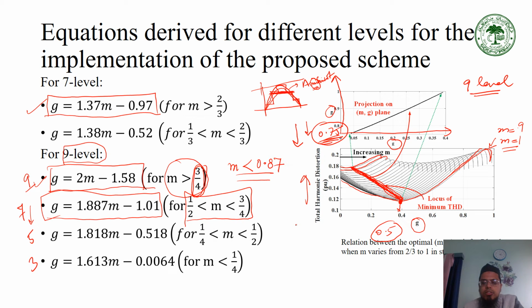Okay, so that's the idea. So I hope you understand. Now we have actually projected this line on this M and G plane, and we can obtain this straight line, and we can obtain the equation of the straight line which correlates this M and G. So you can obtain the expression of G as a function of M. So you put in all the values which lie in this range and you will get the value of THD